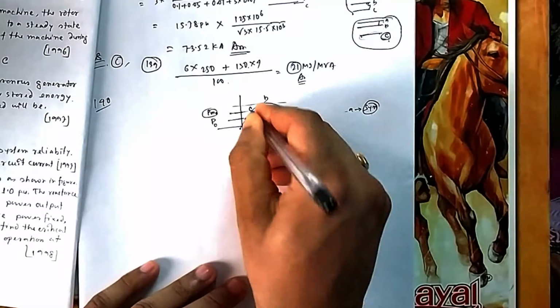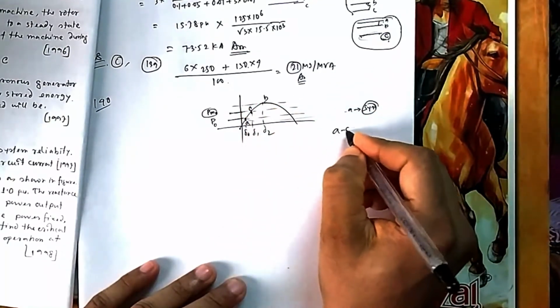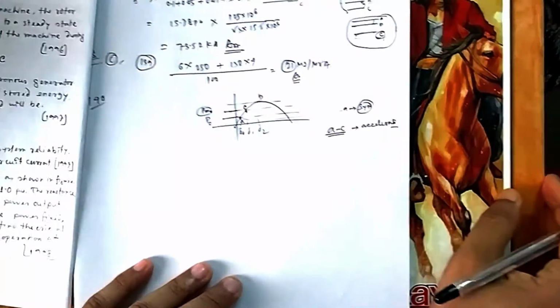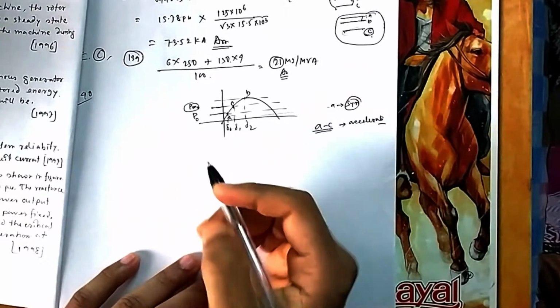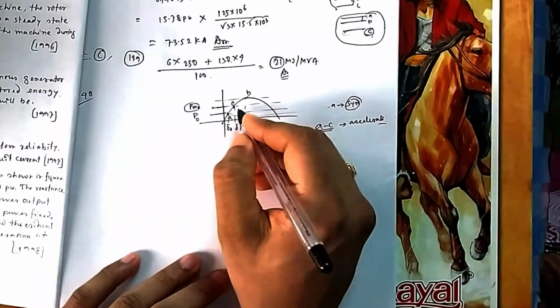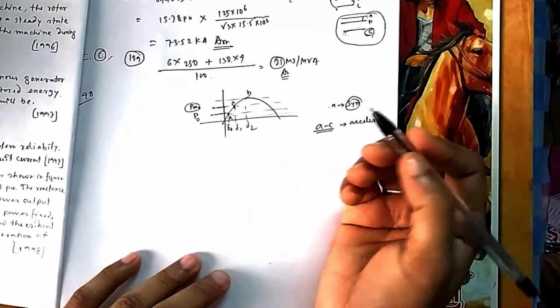So it reaches this point, your required point, but it will overshoot this point. So from A to C, it will accelerate. From synchronous speed, it may go higher than your synchronous speed. It will start accelerating, but it will overshoot your point C also. It will not stop here because of its inertia.